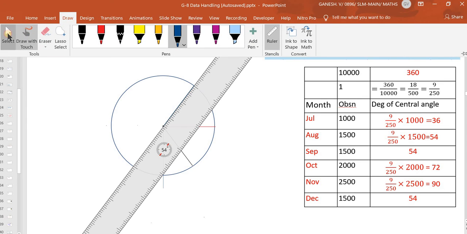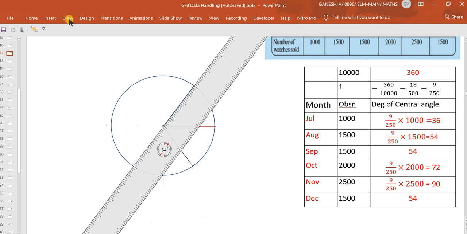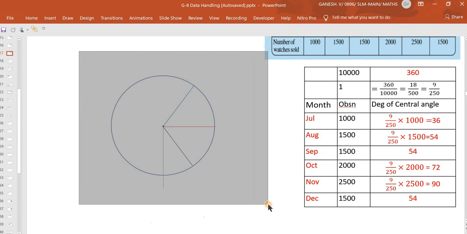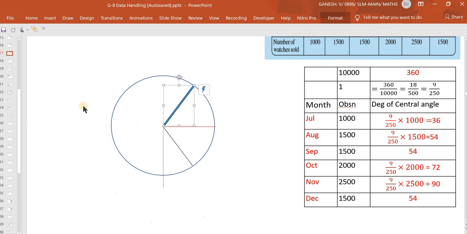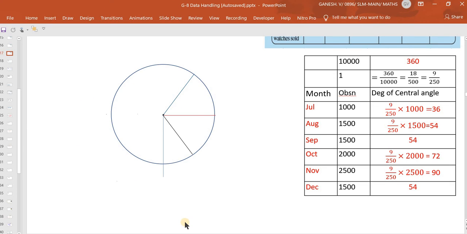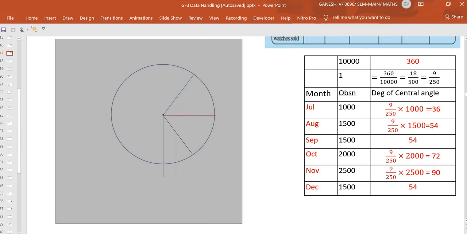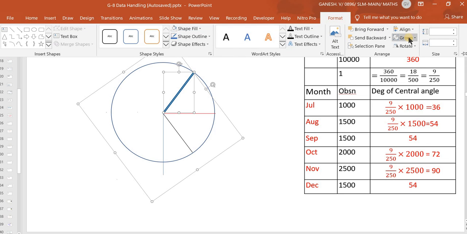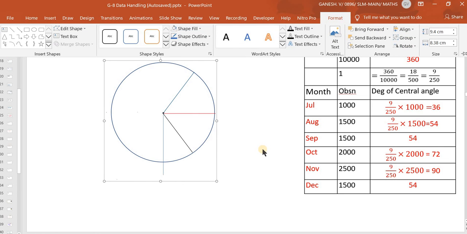I can just invoke the normal cursor. The scale is back in its tool. For the months of July, August, September it is over. Coming to October it is 72 degree. Before that I'll have to group the entire picture, the scales, everything. It is not selected completely. This dot is also removed. The circle is not selected yet. I will make the selection bigger. Yeah, now it is all selected. I can make it a group now. Complete group. Now it is one group.